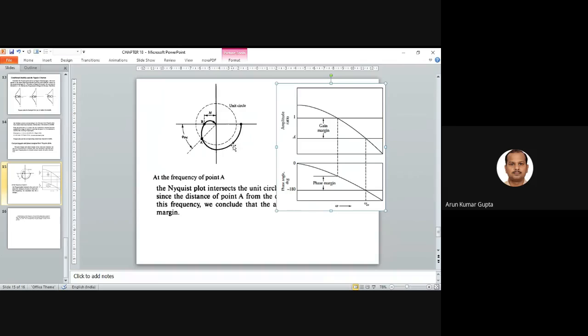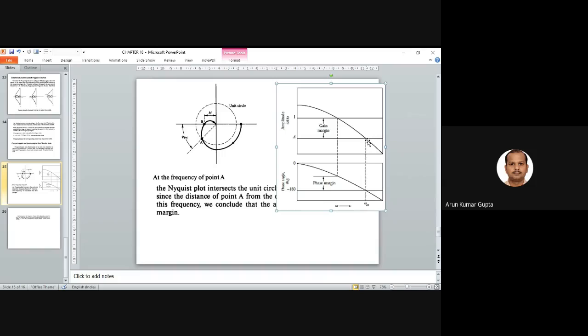So let's say for any system this graph is given, maybe a third order system or something. That's why we have the angle of 270, right? So now you have to calculate the gain margin and phase margin. For the phase margin, you will start at minus 180. So you will start at minus 180 at this point, which means point B. Point B corresponds to minus 180. At this point you will get your crossover frequency.